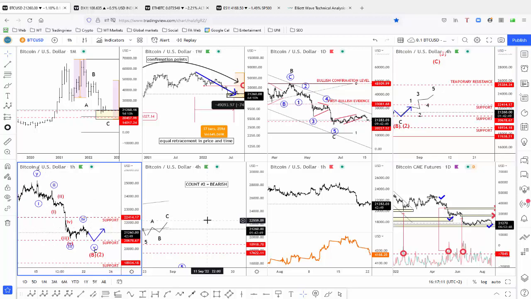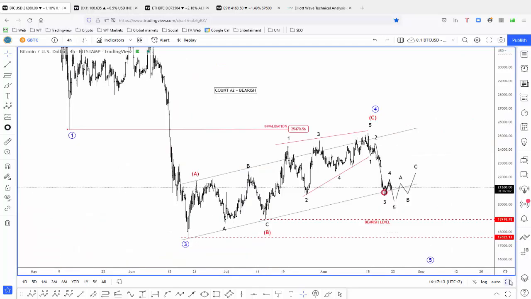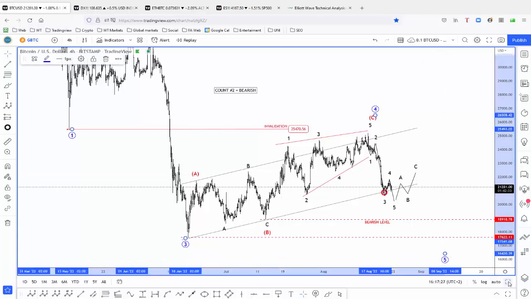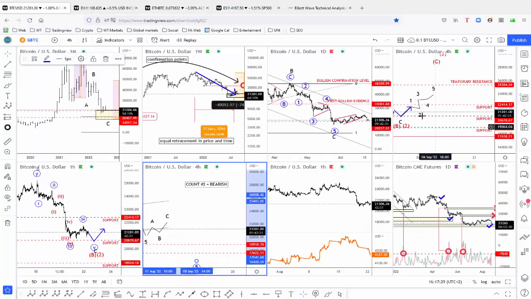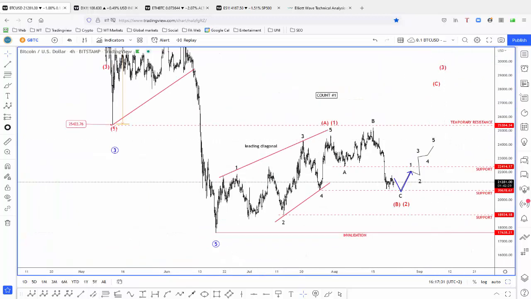But the question is, as I said, what will be the structure of the next recovery? Will it be in 3 waves, like a slow, choppy, overlapping price action, which is usually characteristic of a correction? If that is the case, then we will know that this weakness will most likely resume with Bitcoin. If we get a sharp response, let's say maybe at Jackson Hole on Wednesday, a sharp bounce and the dollar comes sharply to the downside, then there is